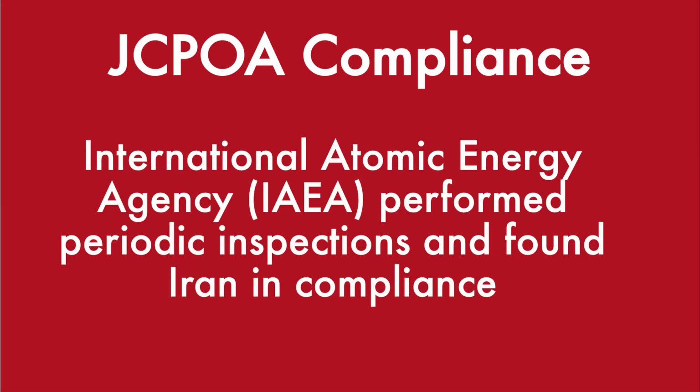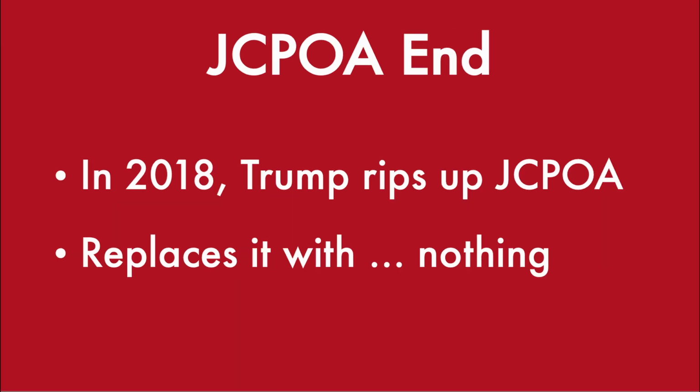This agreement worked, with the International Atomic Energy Agency regularly inspecting their facilities and stating that Iran was meeting these terms. But in 2018, Trump tore up this plan and replaced it with, well, nothing at all. Why did Trump possibly think this was a good idea? If there was something wrong with the original agreement, by all means, renegotiate it. But to replace it with nothing was boneheaded, because it essentially gave Iran permission to start enriching uranium.